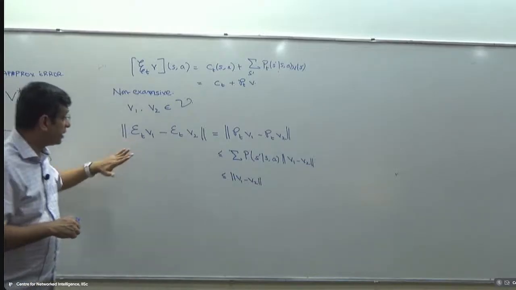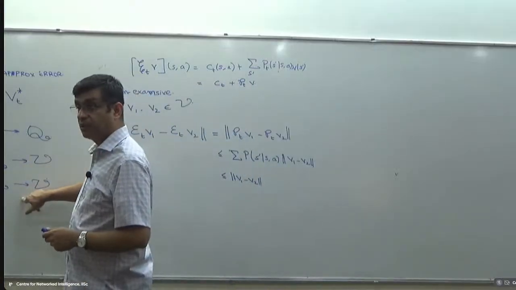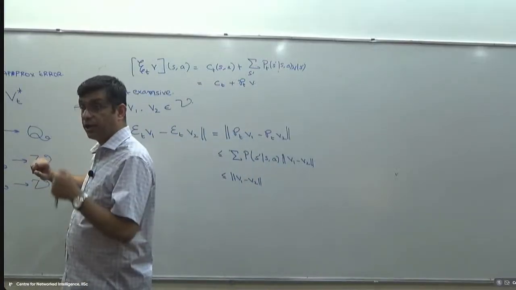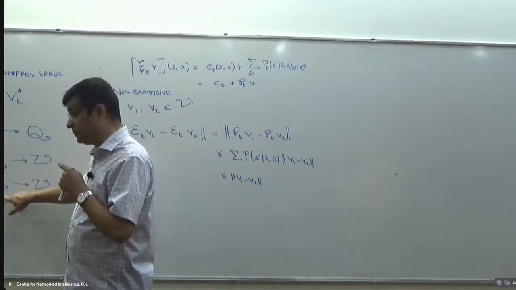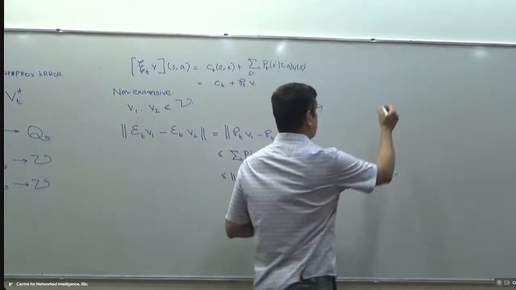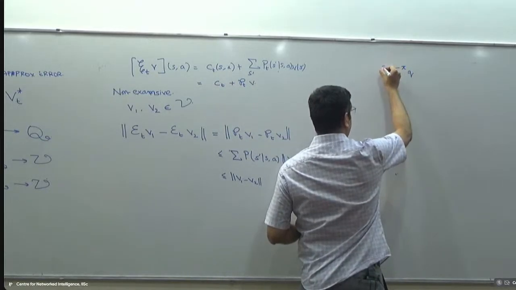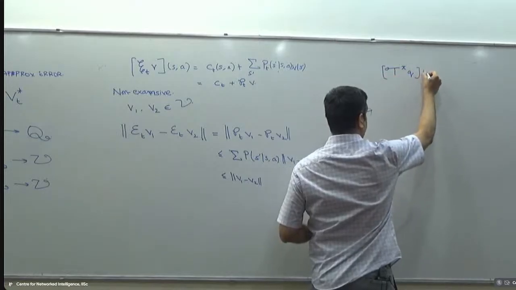All right. Next, what about these two operators? These operators are also non-expansive. I'm first going to show T pi is non-expansive, then I'll show T star is non-expansive. So recall T pi applied at any Q function evaluated at S is